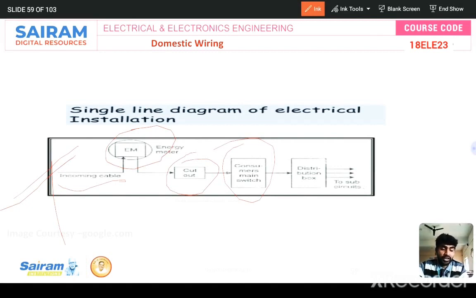And then the consumer main board will be there. And distribution boards, you can find them while entering the college. There are steps present, right? For the second floor, for the third floor. At the bottom of the staircase we have a distribution board for all the laboratories and all classrooms. Here there are sub-circuits. If you visit inside a classroom, sub-circuits are present, right? So those are sub-circuits. This is a single line diagram of an electrical power supply installation.